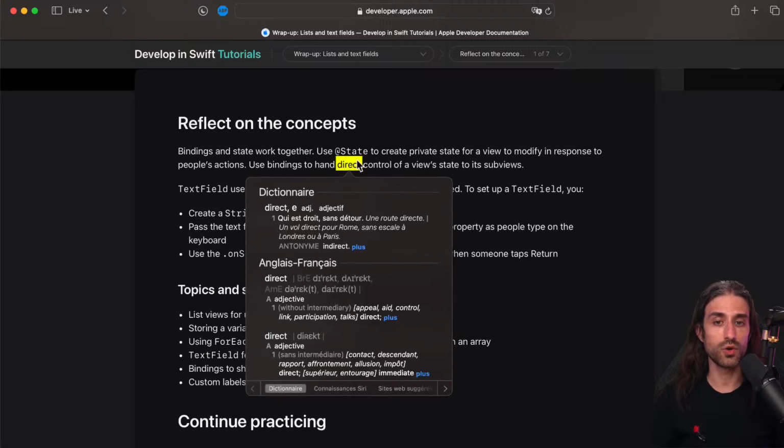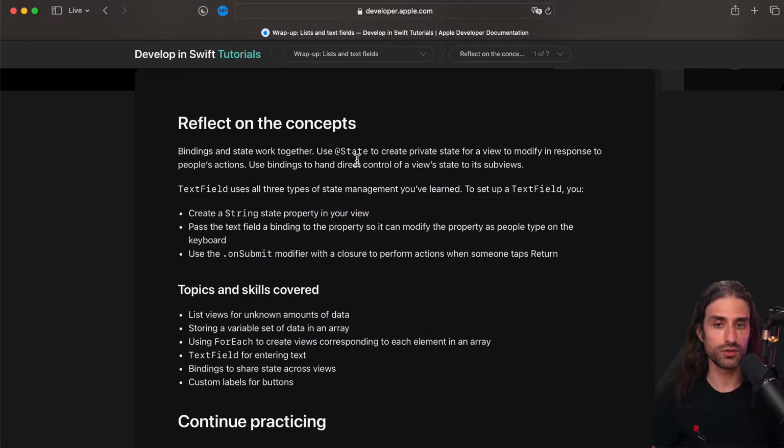Direct control is very important because it shows that there is a direct link: the parent explicitly passed a binding on a specific property to the child. I would say direct and full control, because the child view can do what it wants with the binding. It can set a new value. So it's important to understand that the state is shared with the subview. You hand direct and complete control over a view's state to its subview.